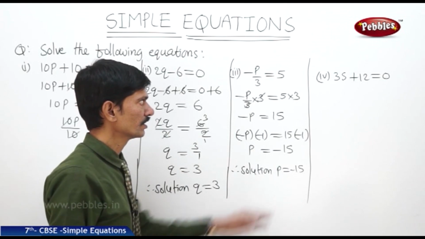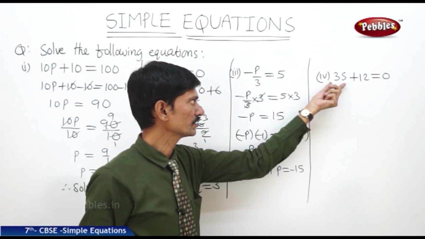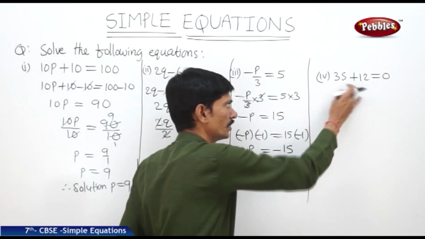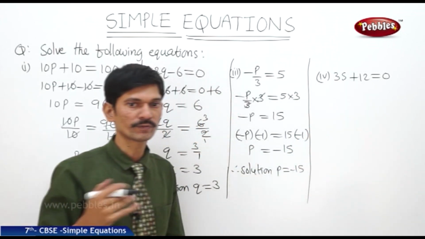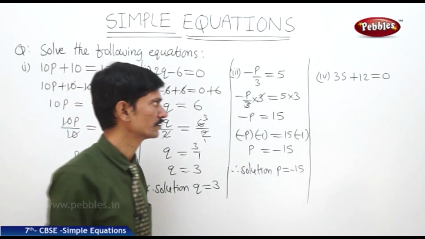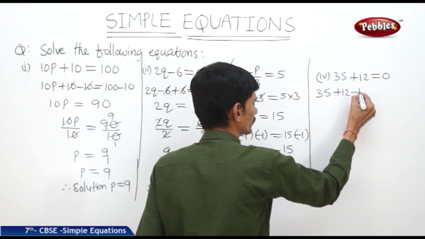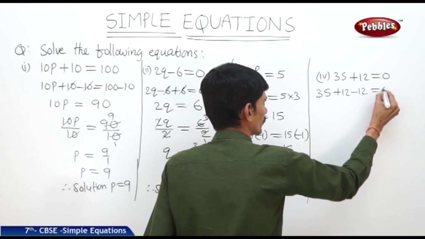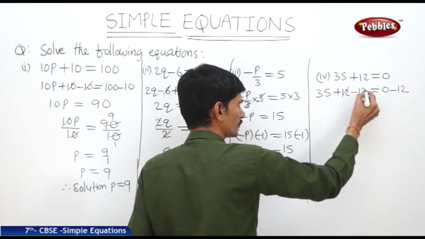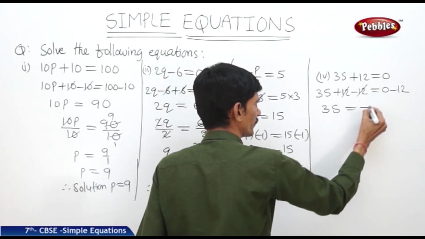Now the next equation, 3s plus 12 equals 0. In the LHS, s is the variable, it should be separated in the LHS. So first we should cancel plus 12. Its opposite mathematical operation is adding minus 12, meaning subtract 12 from both sides. So then we get 3s plus 12 minus 12 equals 0 minus 12. So 12 is subtracted from both sides, then we can cancel plus 12 and minus 12. Then we get 3s equals 0 minus 12, which is minus 12.